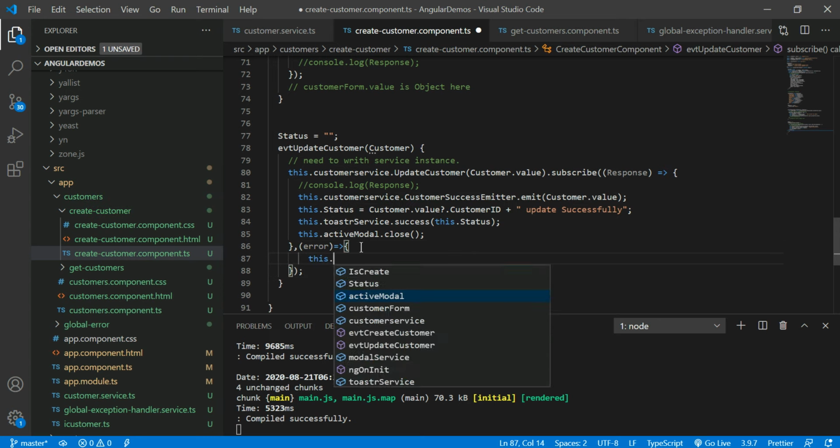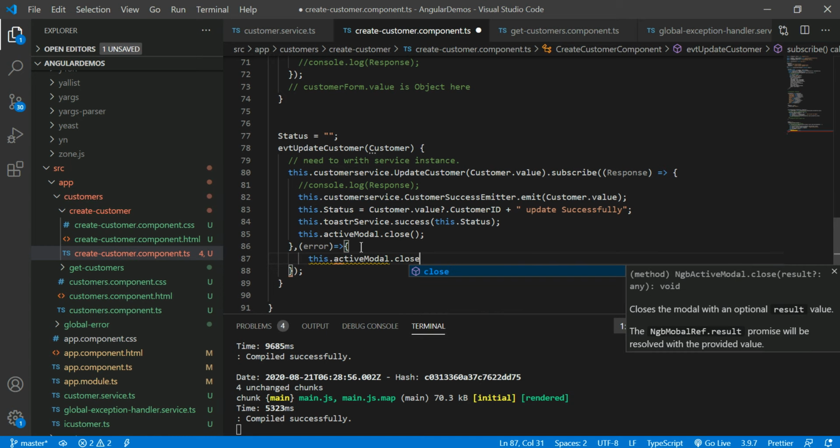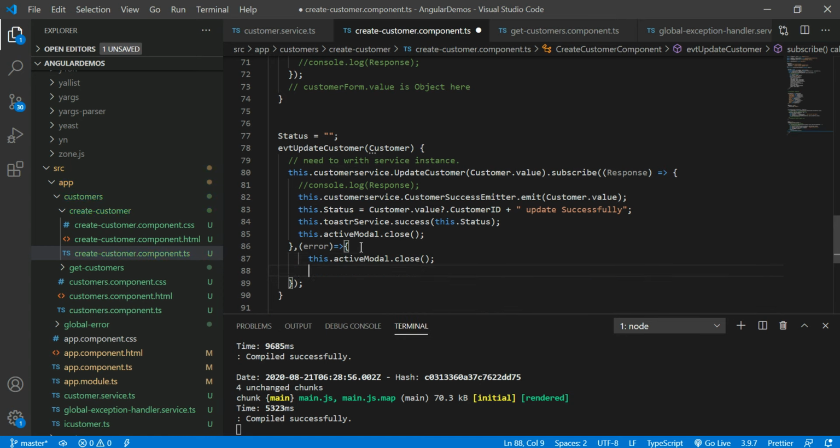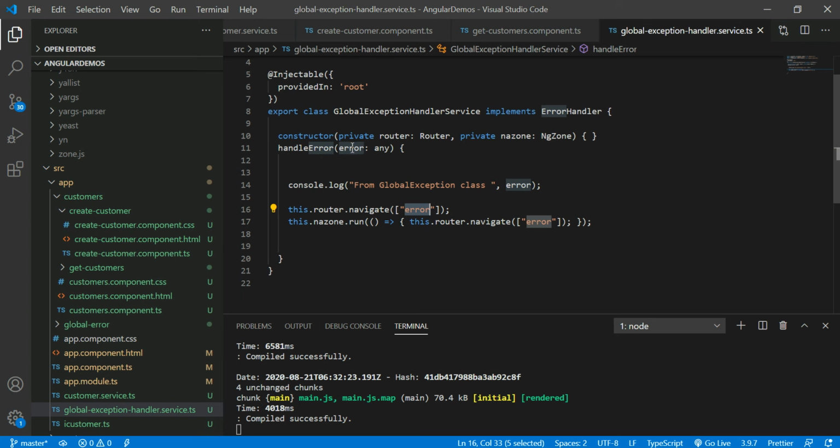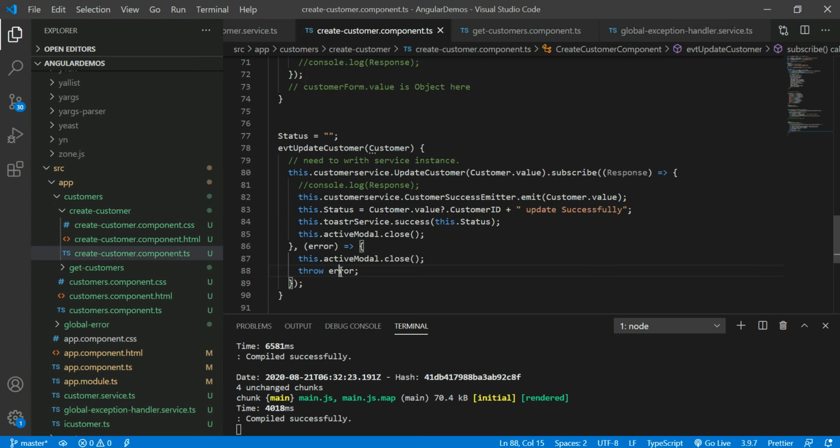Here, activeModal.close. Moreover, I want to pass the exception from here, so I need to send the error to the global exception handler. Because it needs to read this message, I'm giving the throw message here. So the first step is to close that modal pop-up and send that error message to the global exception handler.